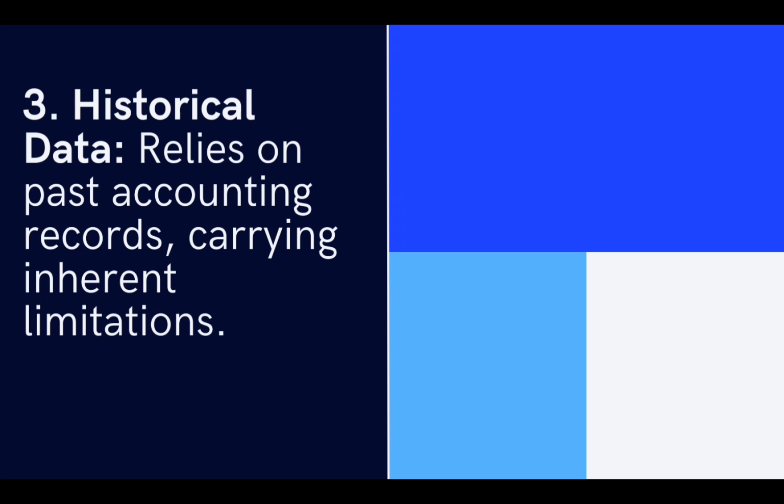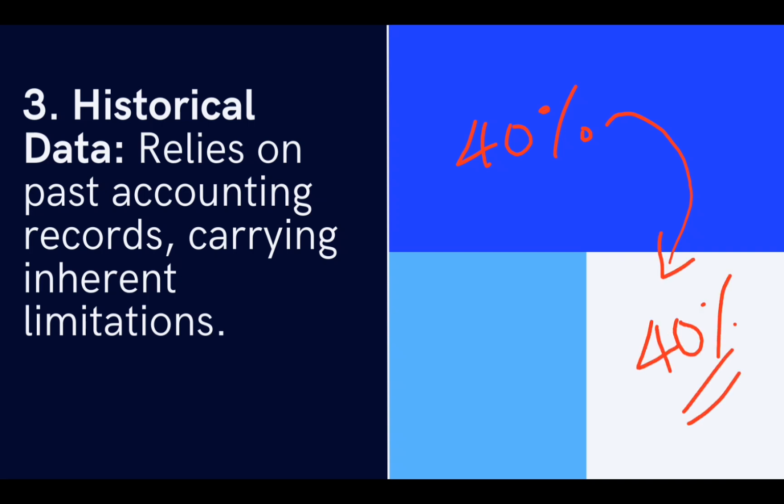Also, we are depending much on historical data. Historical data means we are making assumptions. For example, the gross profit ratio of this year was 40%. Now we will assume that next year also we will get 40% as the gross profit ratio. Gross profit ratio means the percentage of gross profit in the total net sales. If you made a sale of rupees 100, we will get 40 rupees as gross profit. We got 40 rupees as gross profit last year, thus we expect that it will happen in the